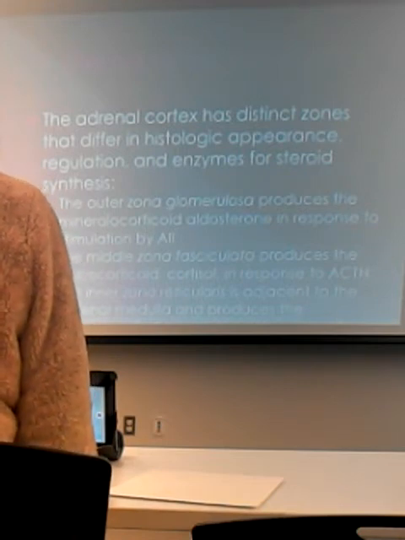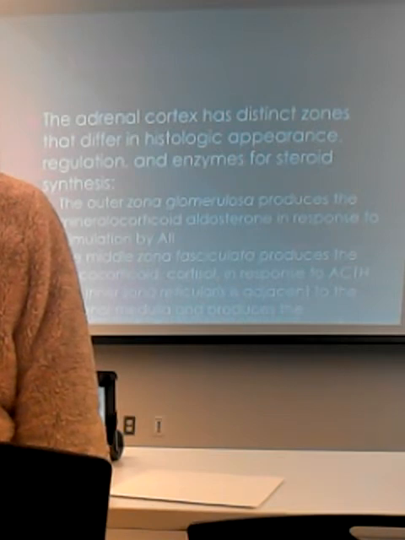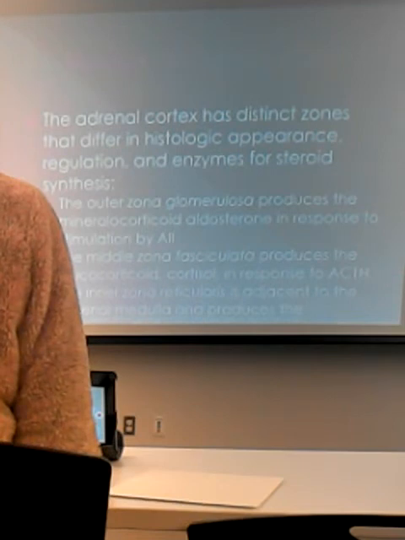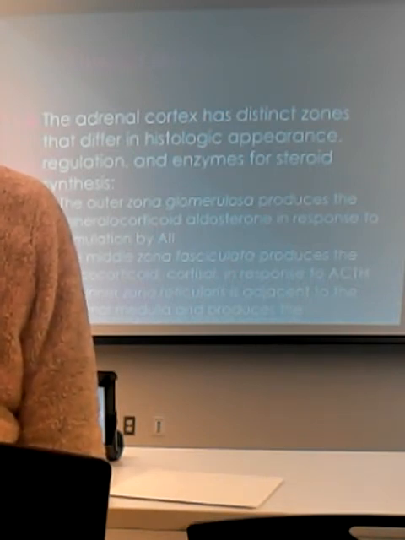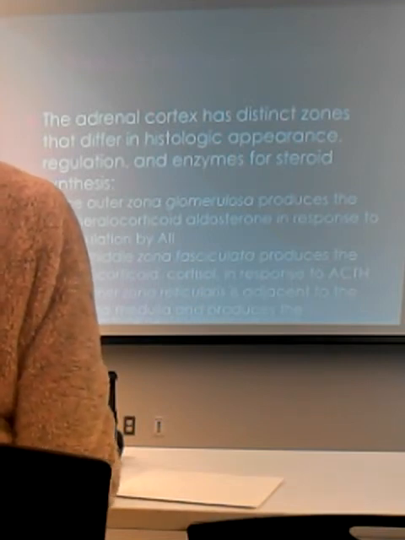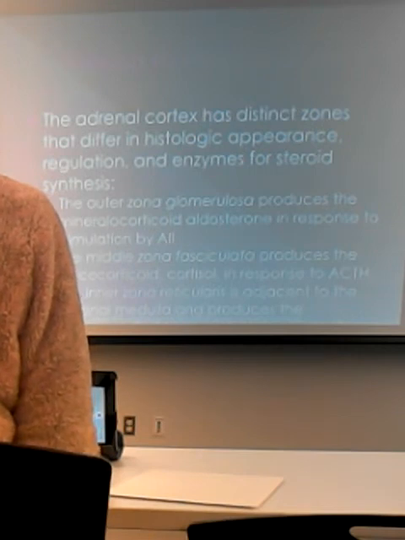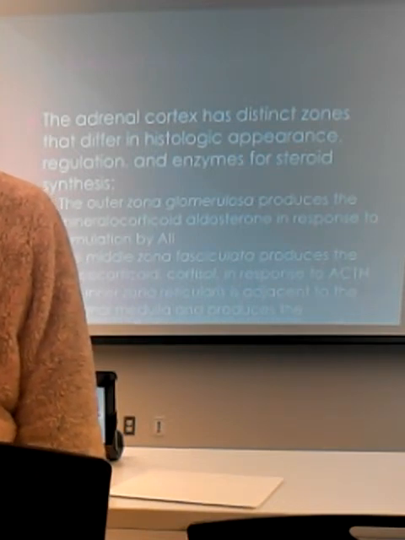So where are they located? The outermost layer, the glomerulosa. Jim, do we seriously have to know this? Yes. The outermost layer of the adrenal cortex is the glomerulosa. That's easy. You're taking the renal exam, right, in 2 weeks. Glomerulosa affects the glomerulus. Well, that's the aldosterone area. The middle region, the fasciculata, that's the glucocorticoids. And the innermost cortical region, the reticularis, that's where the androgens get in.